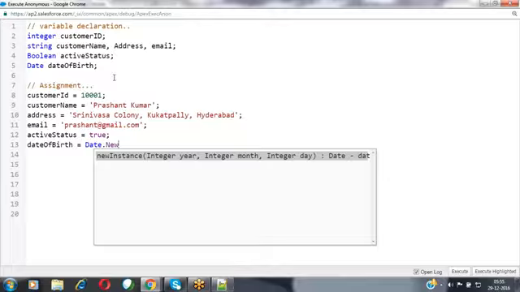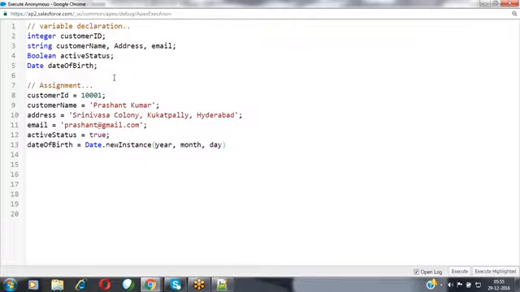Inside that we have a method called newInstance. If you want to prepare a date, like it may be 1981, it may be 1990, a specific date which is in the past, whatever. In order to specify that date, we are using the method Date.newInstance.